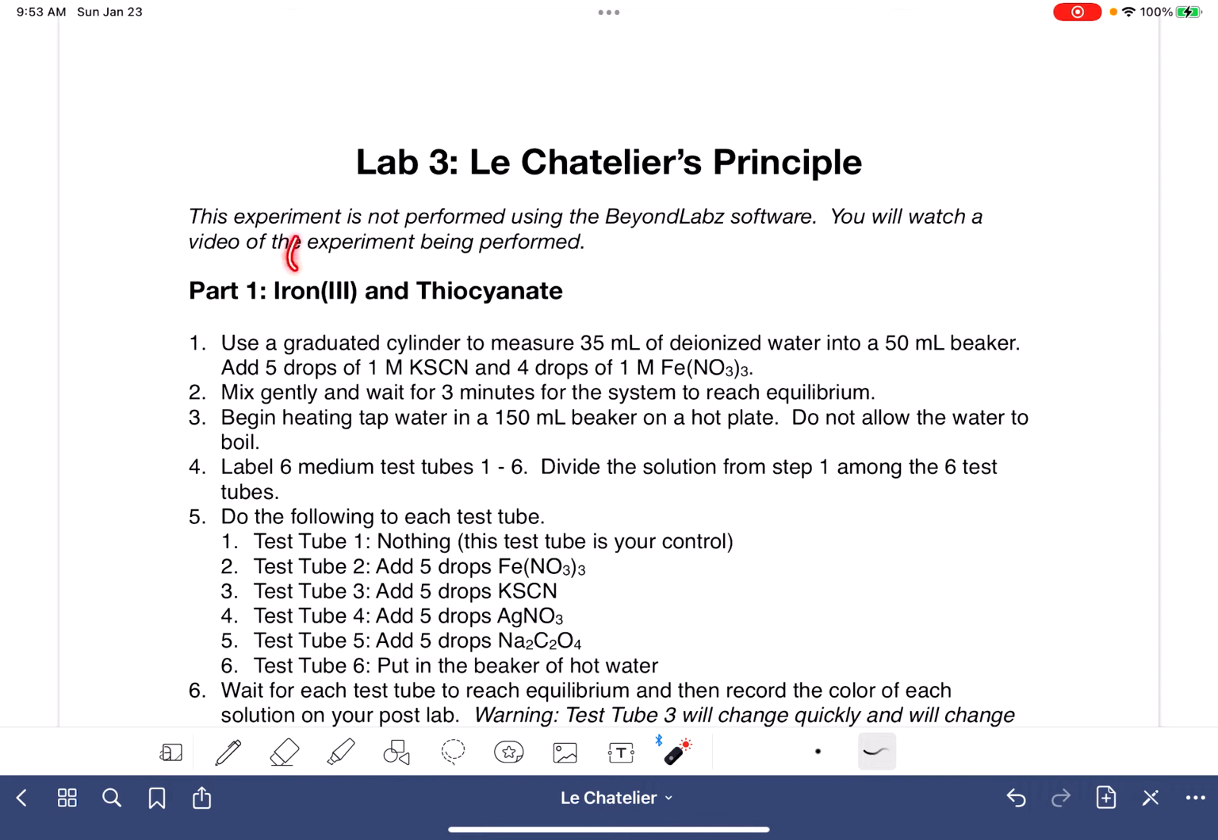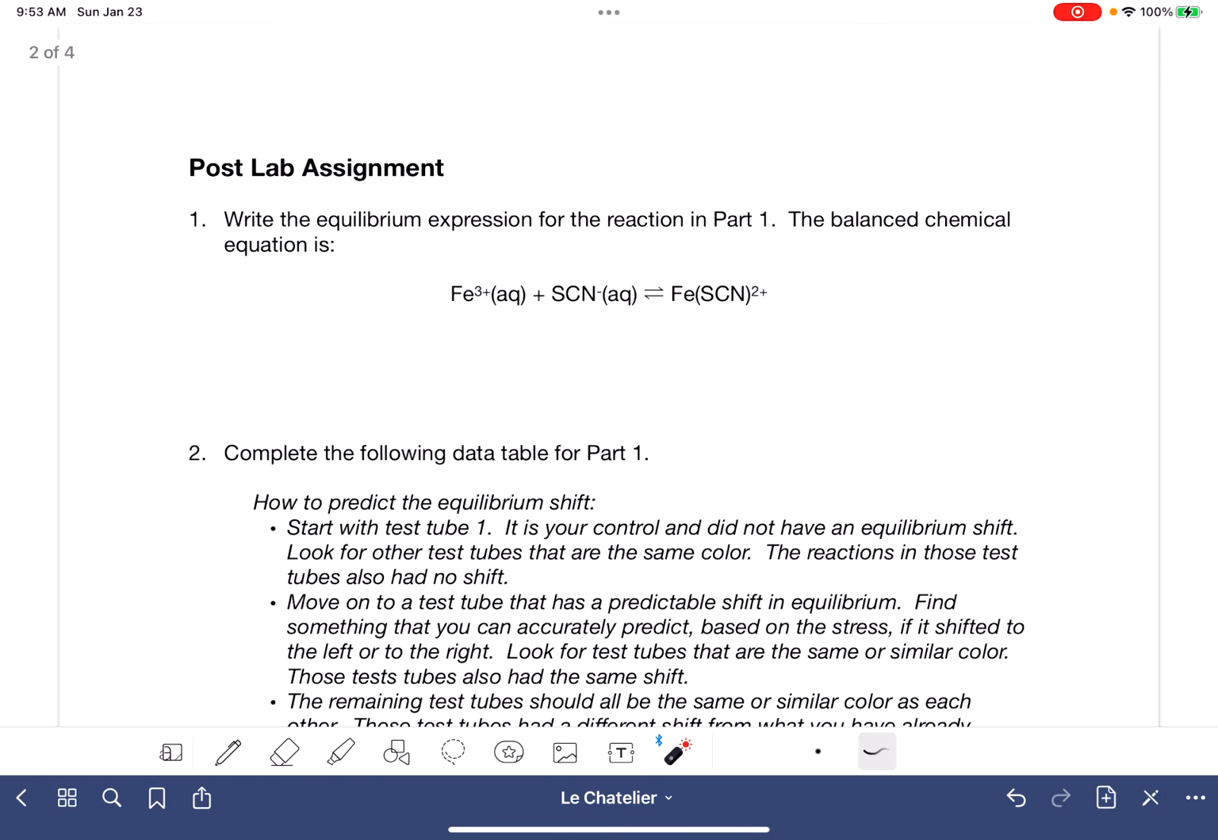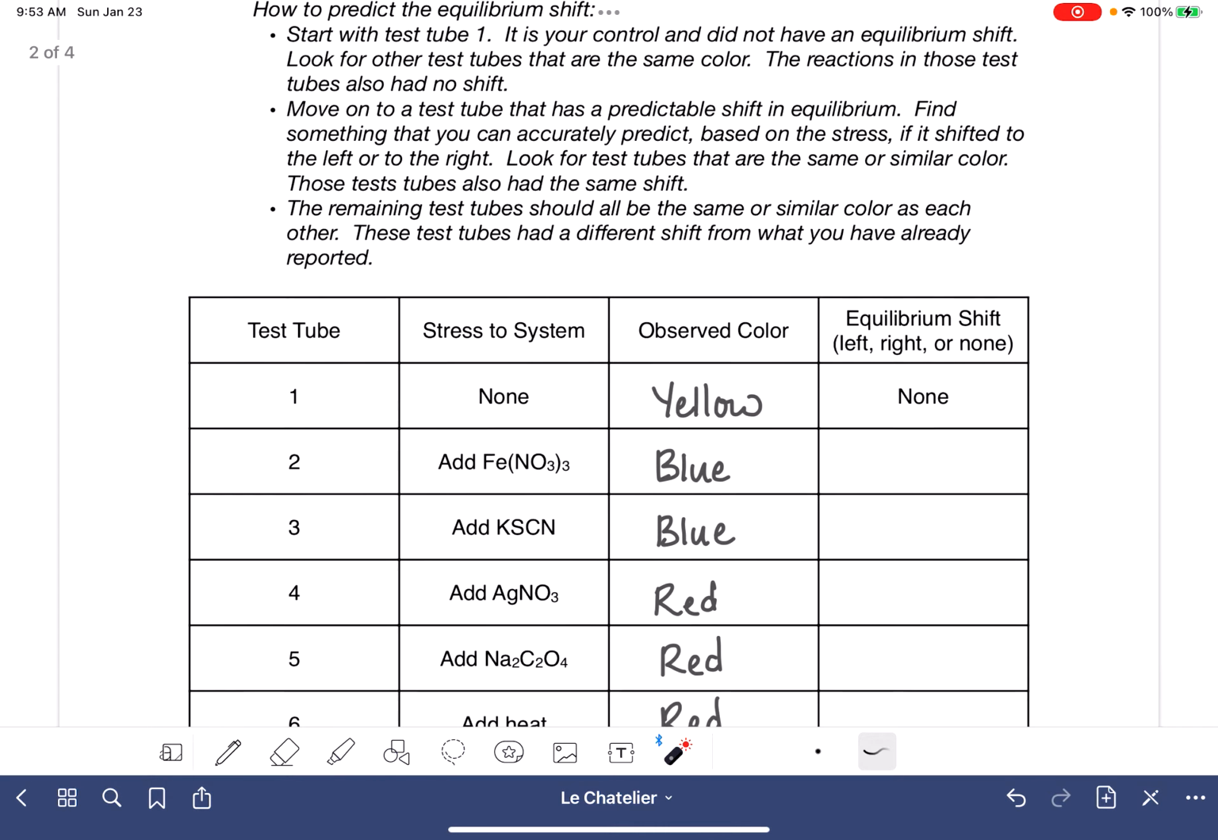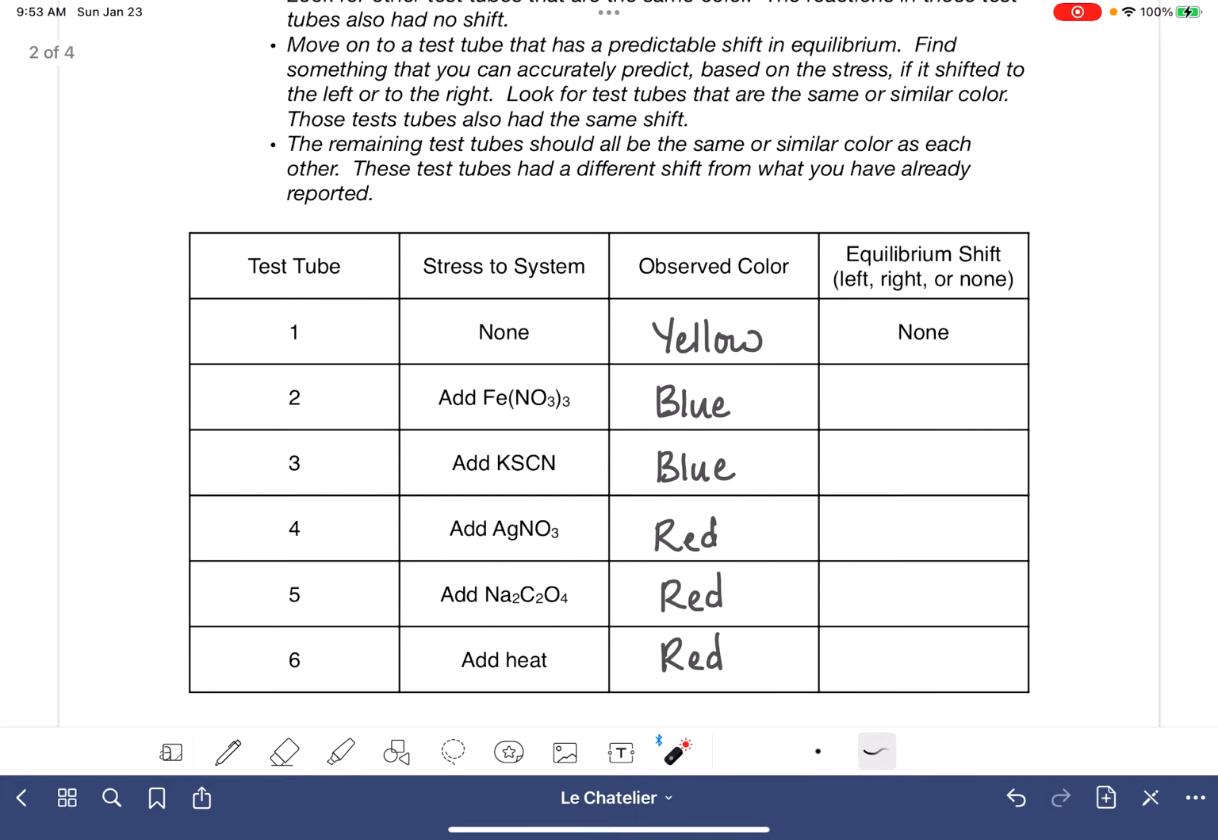In this video, I'm going to help you with the post-lab assignment for Lab 3, Le Chatelier's principle. First question, you're just going to write an equilibrium expression for the reaction that you performed in part 1. In question number 2, you have a data table, and in this column, you will have recorded the observed color